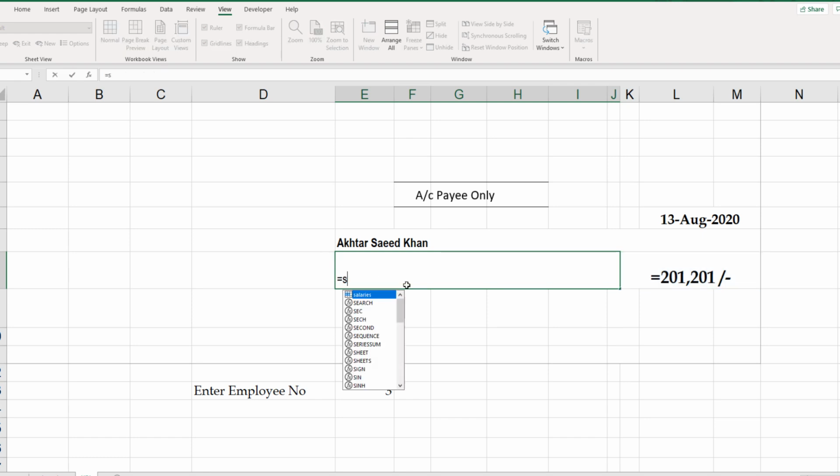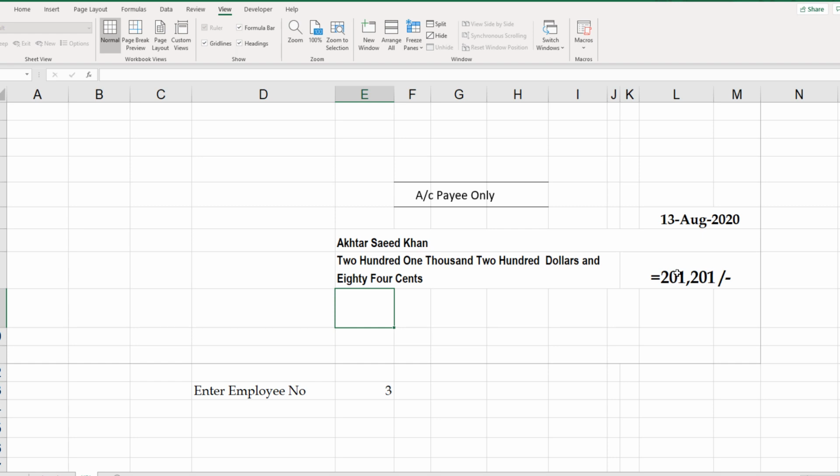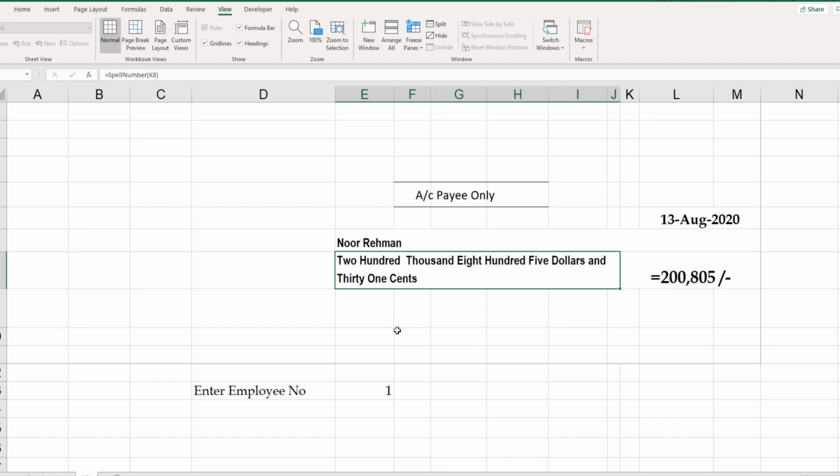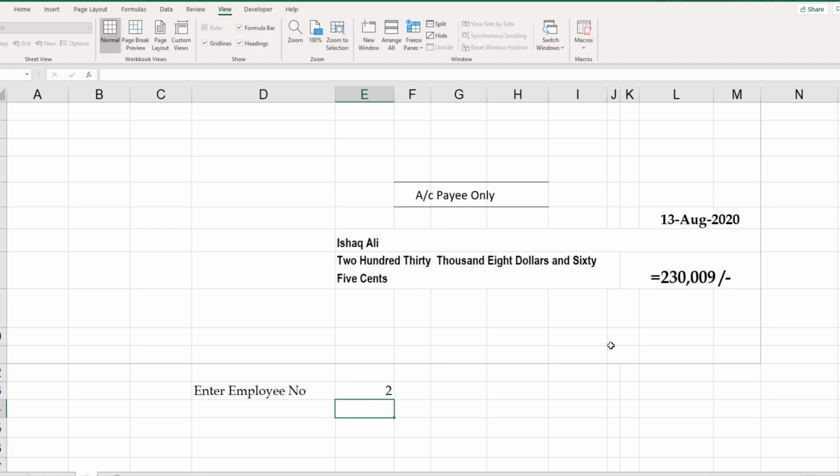Okay, so now let's see. The function was spell number and we want to spell this number, and we get the number, and that is very encouraging as we have all the data required for printing this check. Now if I type 1, so we pay $200,805.31. If I type 2,